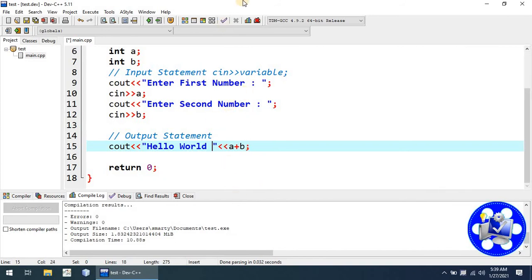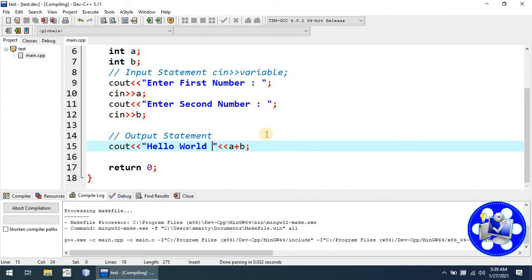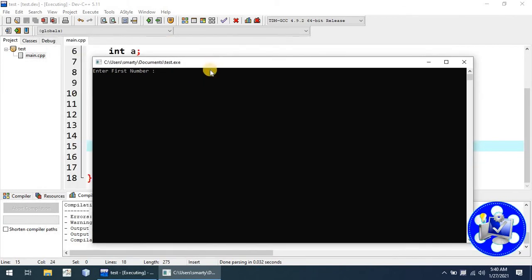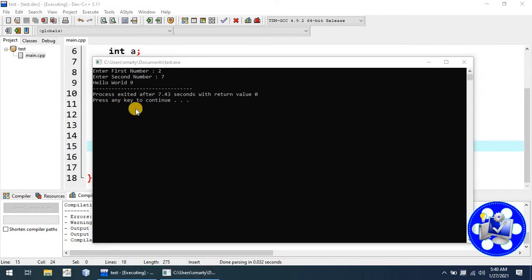Now we are going to execute this program again. The console is waiting for input. We provide input as 2, 7. 2 plus 7 is 9. We can clearly see here the first input is 2, the second is 7, and the output statement is displaying 2 plus 7 is 9.